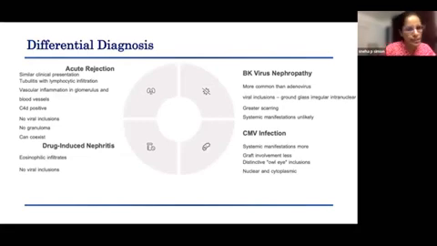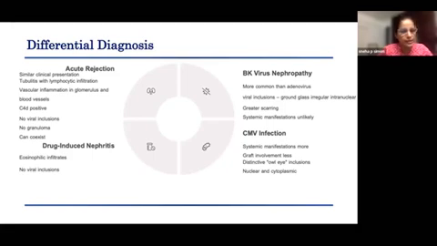Differential diagnosis: acute rejection is the most common differential diagnosis. Similar clinical presentation can be there. In rejection, there will be tubulitis with lymphocytic infiltration, and there can be vascular inflammation in the glomerulus and blood vessels. P40 can be positive, and there won't be viral inclusions and no granuloma in rejection. But both rejection and adenoviral nephropathy can coexist.